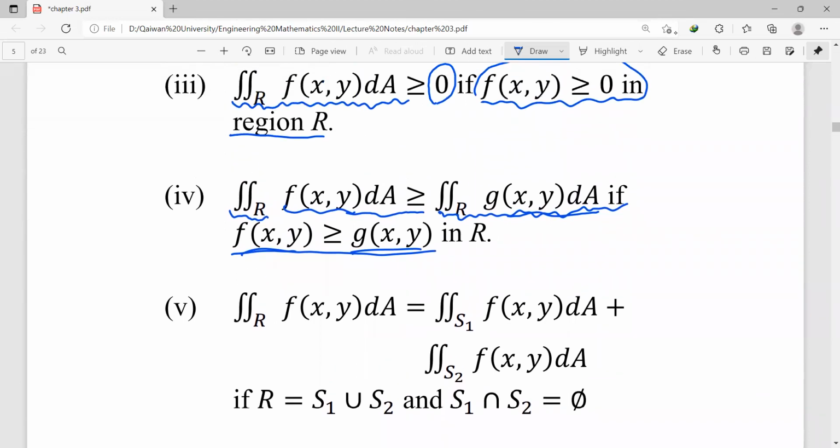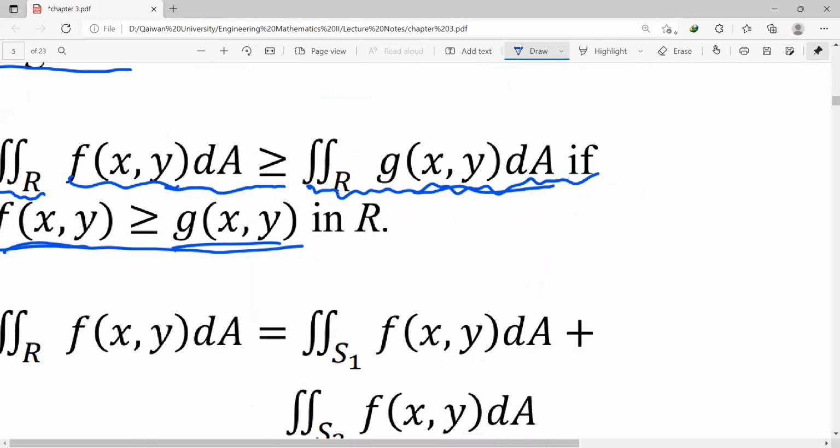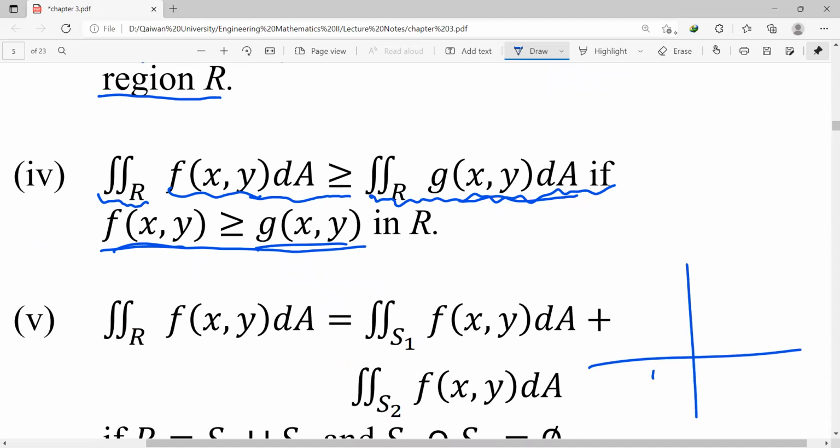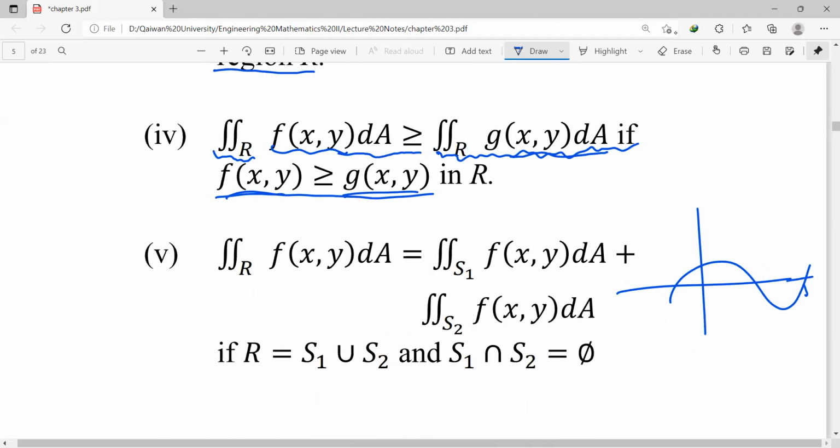And if our region is two separated regions, for example, let's say if we have these two regions, this and this, and these two together are R, this is our region. Let's say this is A, this is S1 and this is S2. We name this part S1 and that one S2. We say the double integration of f of xy over all of the region is the same as the double integration over this part of the region plus the double integration over this part of the region,